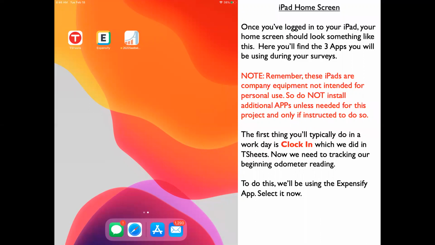The first thing you'll typically do in a workday is clock in, which we've done already in T-Sheets. Now we need to start tracking our odometer reading. To do this, we'll be using the Expensify app, as you see here. Select it now,